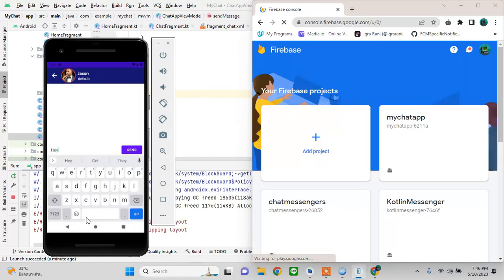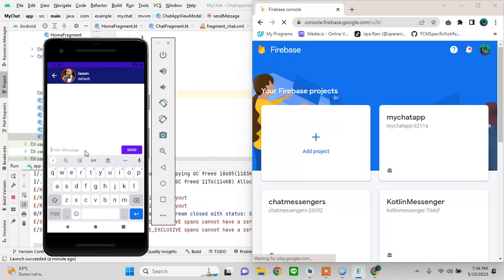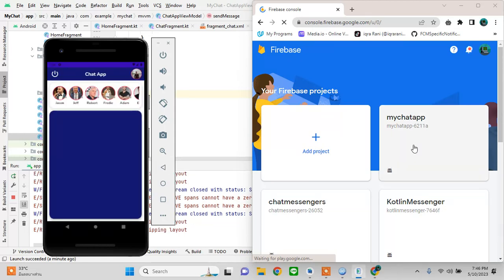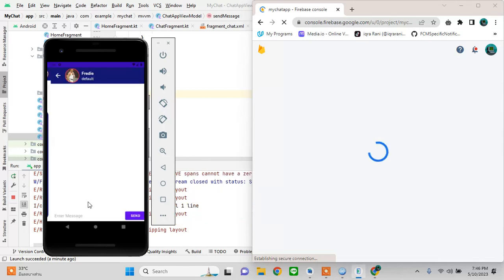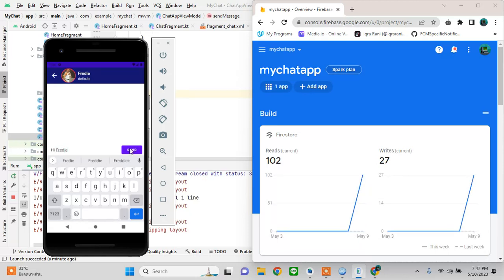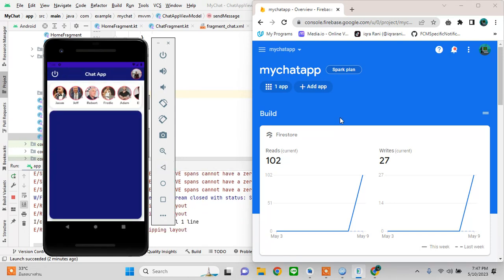Hey, so that message is gone, but obviously we did not empty the edit text after it is sent, so this will show hey Jason. So I can send that message to Freddy. Hi Freddy. How are you, Freddy? Okay, so that's enough for demonstration purposes, and I can go to my